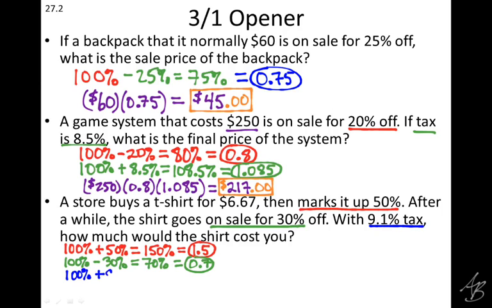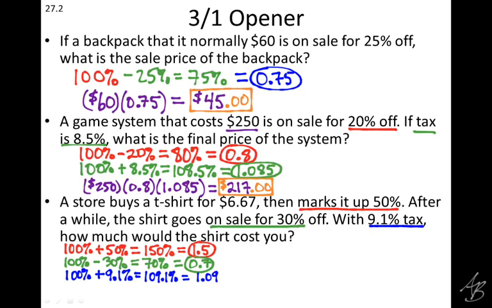Add. Tax is going to make the price go up, so we add on. 100 plus 9.1 is, if you have $100 and you add on $9.1, you have a total of 109.1. Okay, now it's percent, not dollars, right? And then we need to change that percent to a decimal, which would be